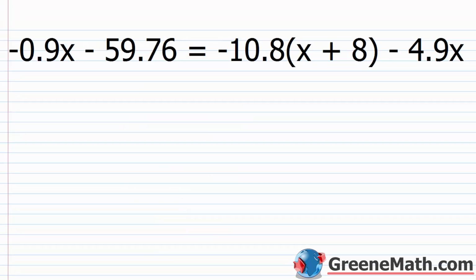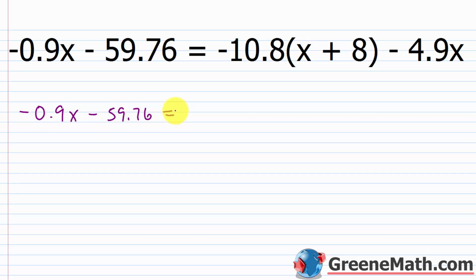All right, let's take a look at one more of these. Pretty easy concept overall. So we've got negative 0.9x minus 59.76, and this is equal to negative 10.8 multiplied by the quantity x plus 8, and then minus 4.9x. So again, if you're clearing fractions or clearing decimals, and you have some parentheses involved, clear those first, and then go to your procedure. So I'm going to rewrite this as negative 0.9x minus